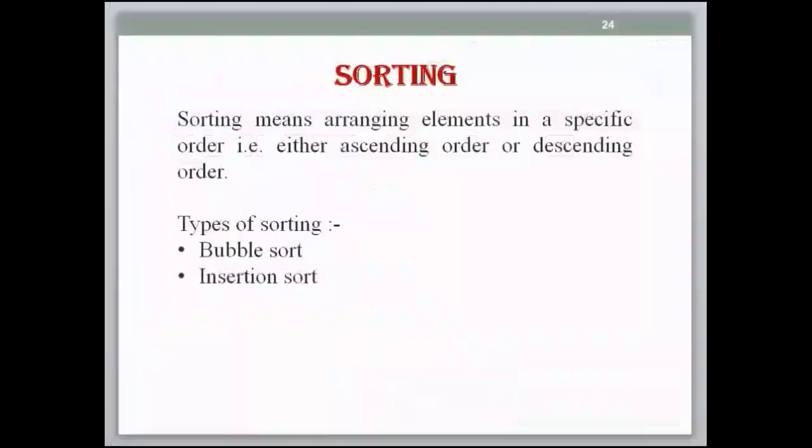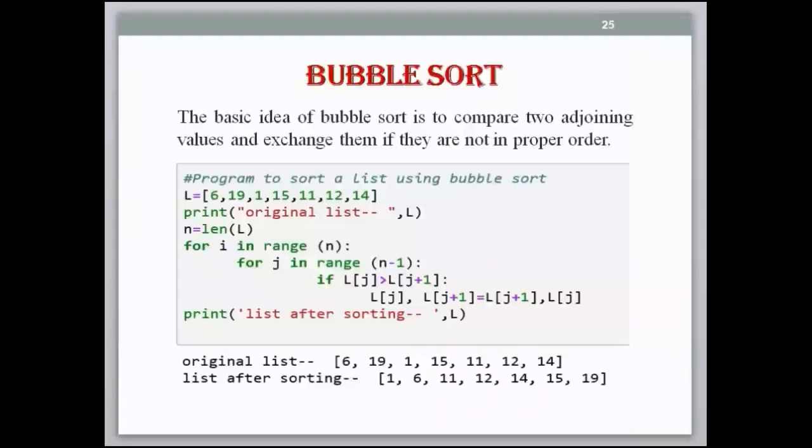Now let's talk about sorting. Sorting means arranging elements in a specific order, that is either ascending order or descending order. Types of sorting: bubble sort, insertion sort. So the basic idea of bubble sort is to compare two adjoining values and exchange them if they are not